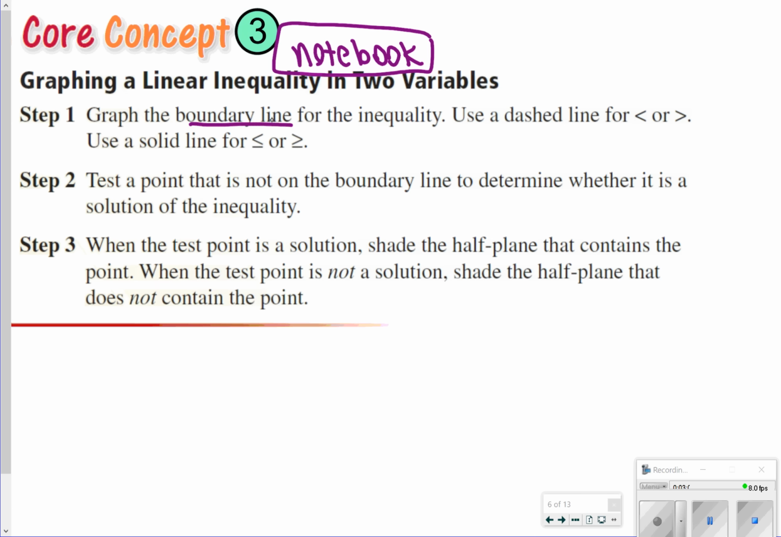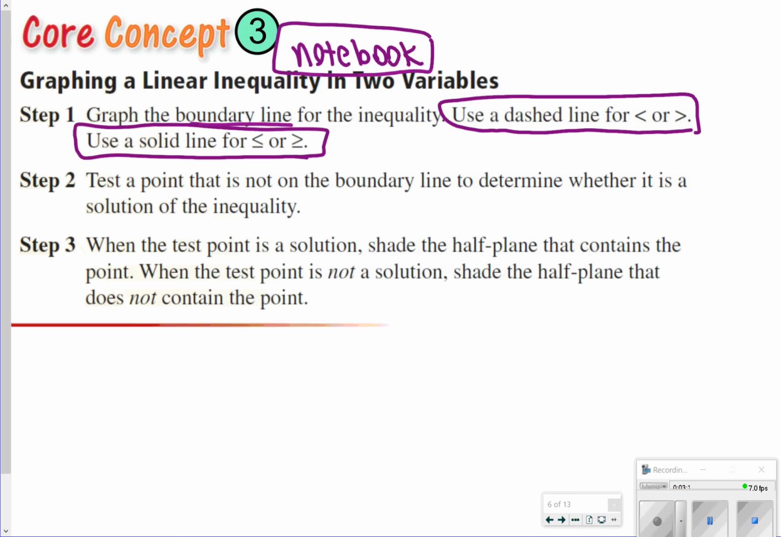The only difference here is your boundary line. Your boundary line is going to be a little bit different for inequalities. You're going to use a dashed line for less than or greater than, and you'll use a solid line for less than or equal to, greater than or equal to. Once you're done, you're going to test a point that's not on the boundary line, so somewhere either below it or above it, to see if it makes a solution. And if it is a solution, you're going to shade that half plane, that section of the point. If it doesn't make the solution, you shade the plane that does